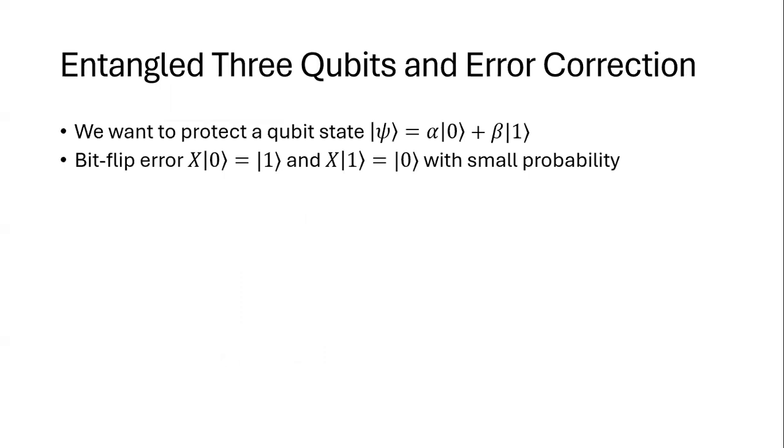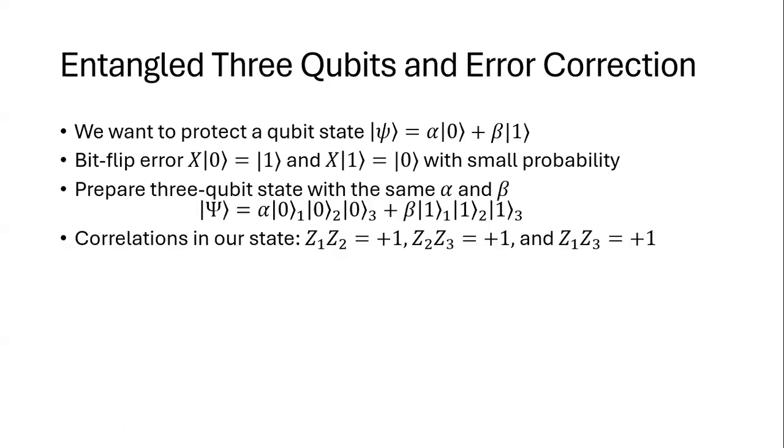So I can give you an example here with quantum error correction. Typically what you have with error correction is a state of a qubit that you want to protect. Let's say it's this state, just some superposition that you care about. The errors that you want to protect your state from are bit flip errors. Bit flip errors are described by a Pauli X operator. There's some probability that a Pauli X error will happen, where if you were in state 0, you will flip to 1, or if you were in state 1, you will flip to 0. Right? There's some small chance an error like this will